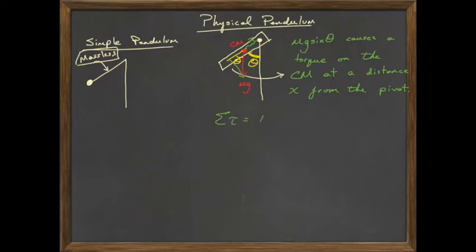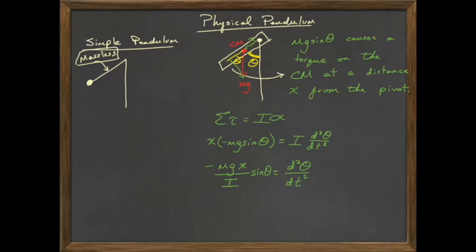All right, so Newton's second law in rotation: net torque is equal to moment of inertia times angular acceleration. The torque is rF, so r is the distance x, and F is the sine component of gravity. Now the moment of inertia could vary, depending on the type of object, so we're just going to keep it I for now. And angular acceleration is the second derivative of position. So if we simply divide both sides by the moment of inertia,